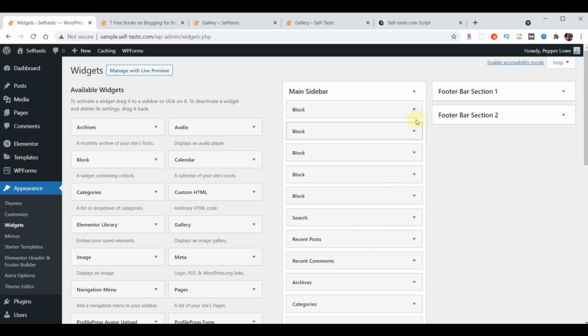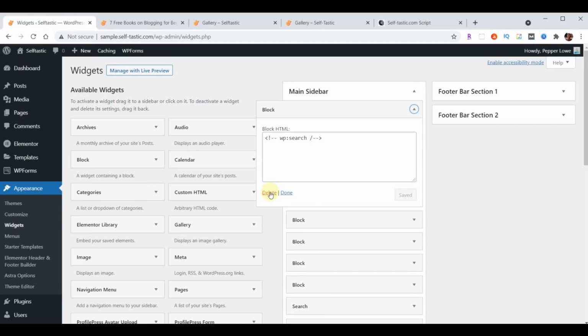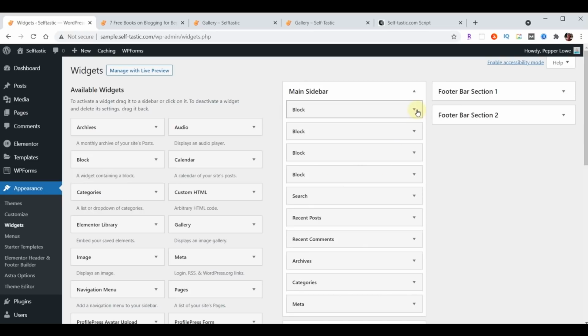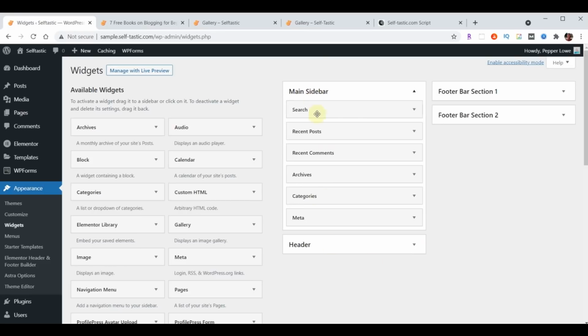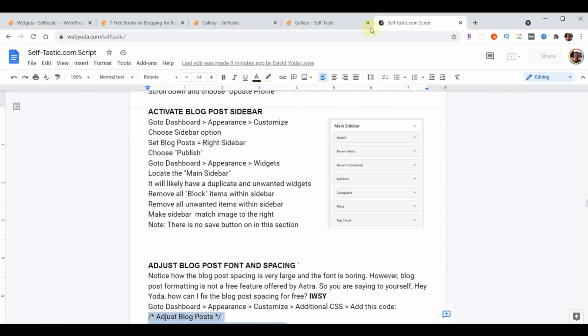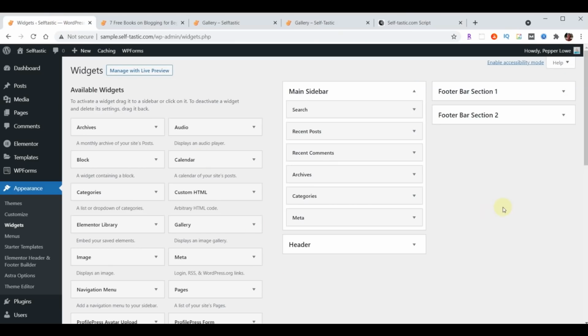So the first thing that we can do is delete all of these that just say block on them. I think as much as anything, they're just duplicates. And now we have the list that looks like this one, except that there's one extra one that I want to add to this. Now on the left-hand side are all the widgets you could add to your sidebar,